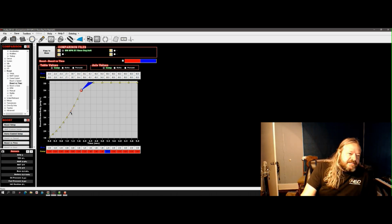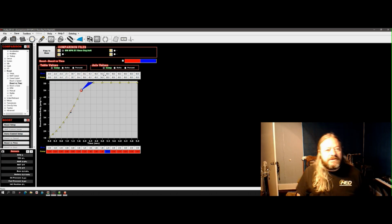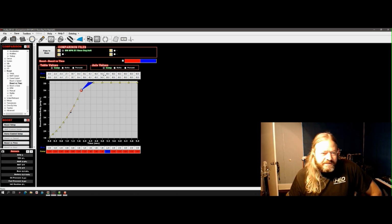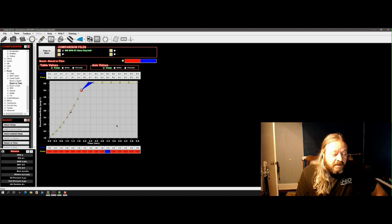I made a slight adjustment here. I don't remember why hardly at all. Mostly probably cosmetic. Just looked better to me. Up here, I've made a change in the time, not in the dome pressure, and don't pay attention to these numbers. They don't matter to you because our gate sensor is not calibrated right, so these aren't going to jive with yours anyhow. But down here, instead of having